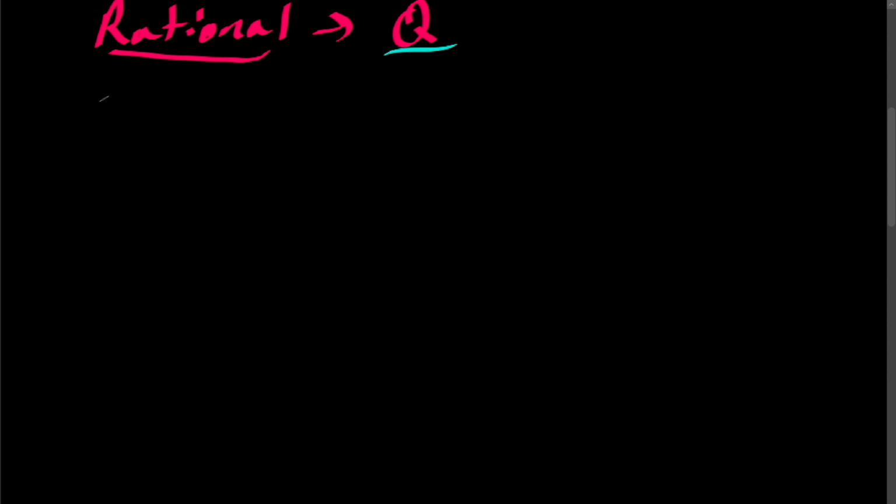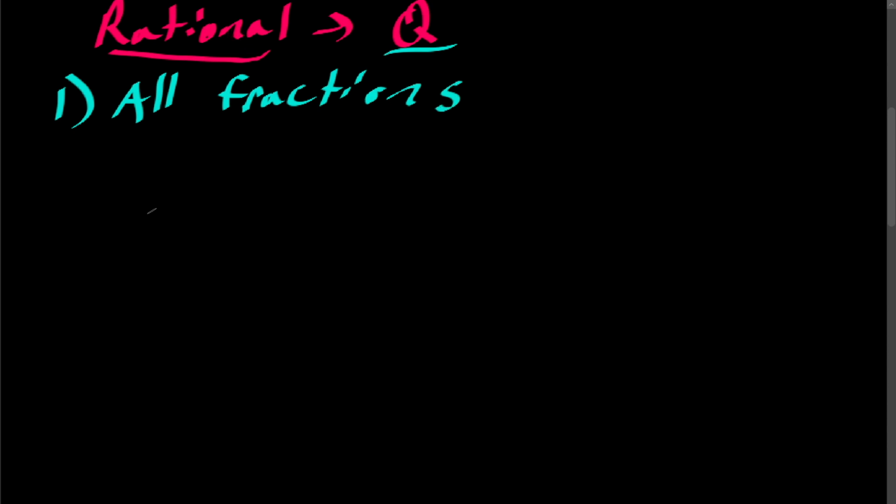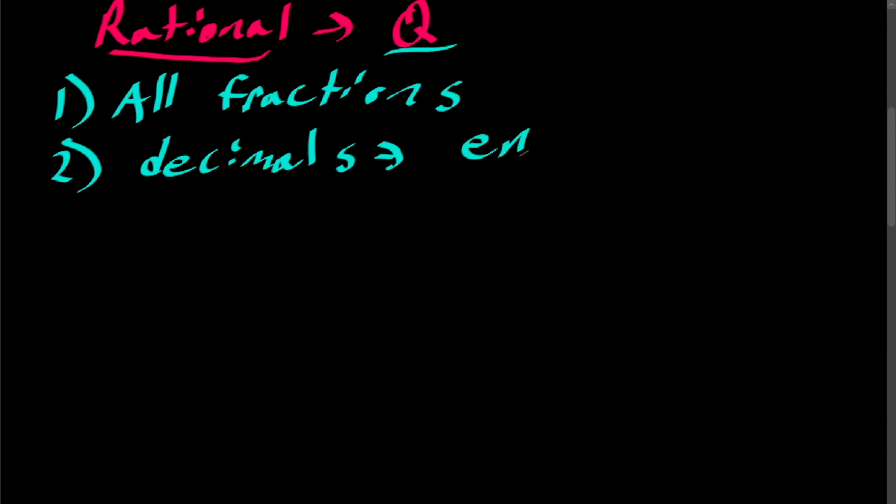So let's go over this. A few key points here. First of all, fractions are rational. If you see a fraction, automatically it is rational. It also can be a decimal. Maybe you put it in the calculator and it gives you a decimal, or maybe the problem gives you a decimal. But these decimals are going to end, or